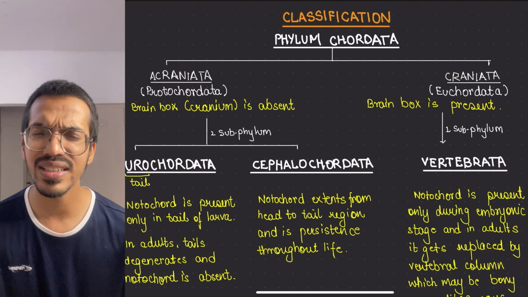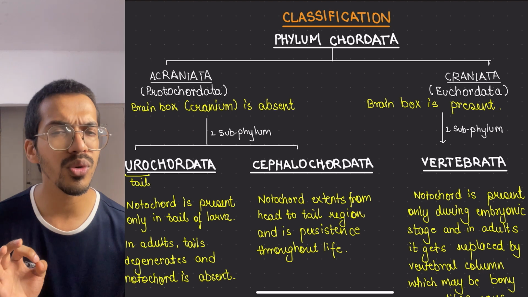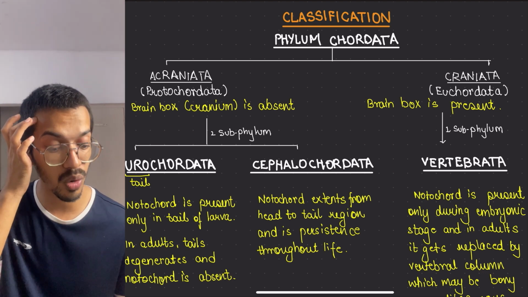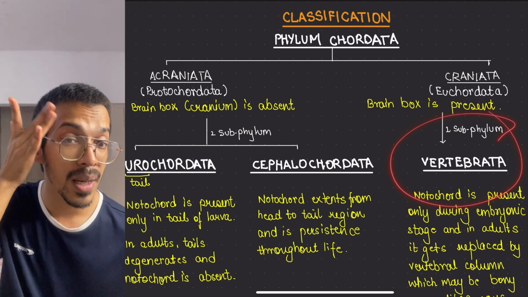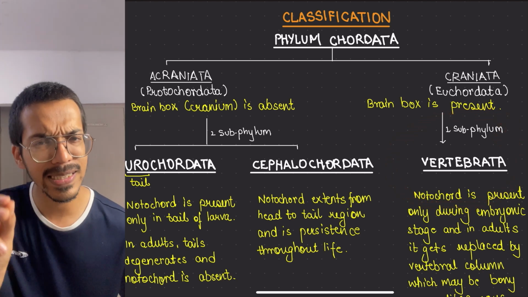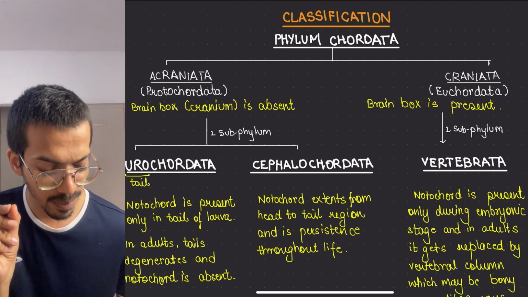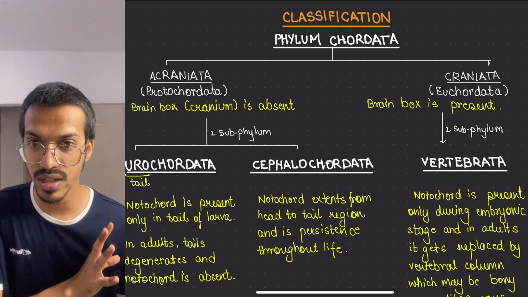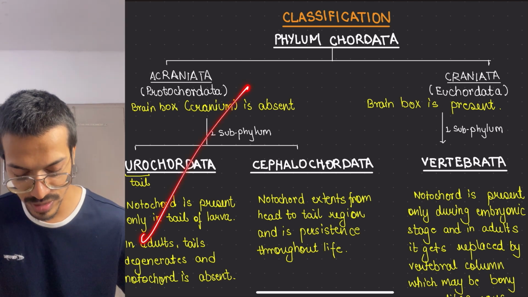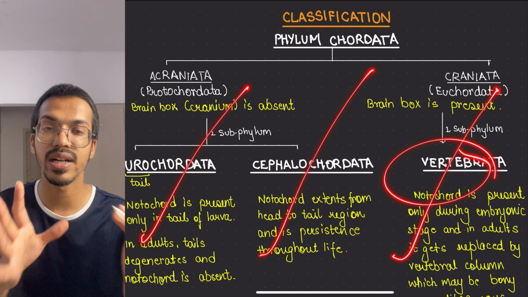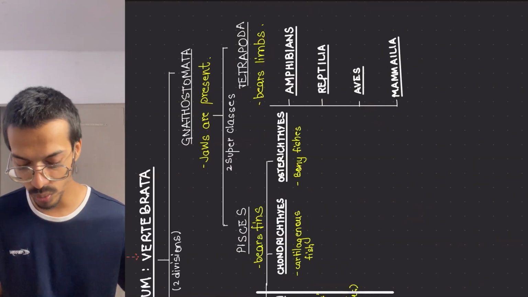Whereas vertebrates are further divided. Did I ever say that we reached the human point? No, not yet. I said that brain is there, so we belong to this part, because we have the brain box present. Now let's see how this subphylum Vertebrata is divided, and that's how we have to study. So we will be studying about this, then this, and then this. In this, how we will study further is what we see here.